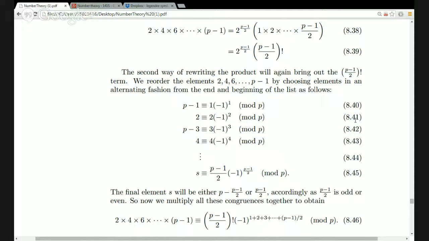Yeah. The smaller ones, 2, 4, 6, the early ones, we're going to leave alone. So 2 we're going to still represent as 2. 4 we're still going to represent as 4. 5, 6, and so